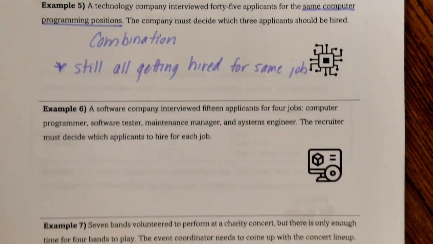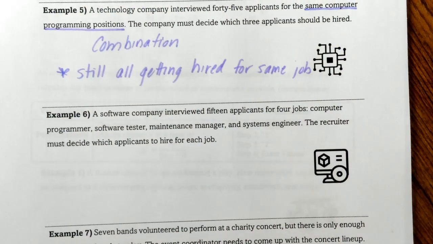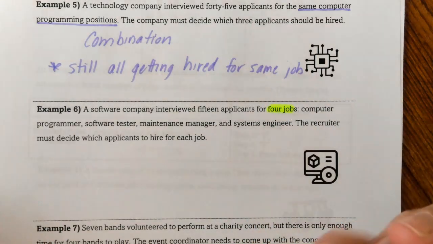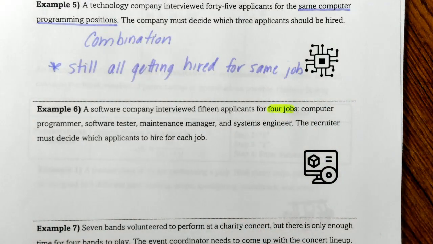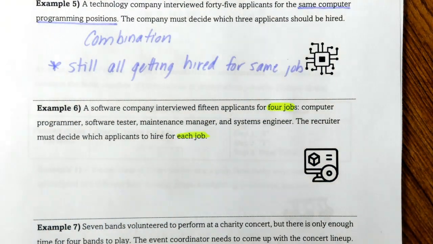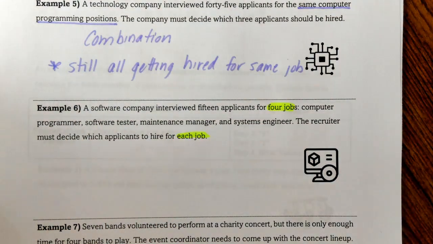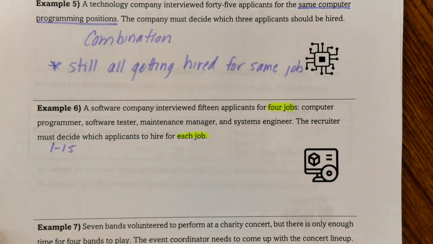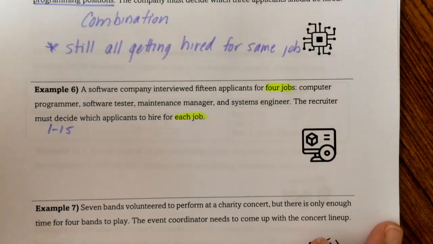All right, so number 6. Now we have a software company interviewing 15 applicants for 4 different jobs. Okay, so this is going to be a big thing. We have these 4 different jobs: a computer programmer, software tester, maintenance manager, and systems engineer. The recruiter must decide which applicants to hire for each job. They are not all getting the same job. So let's take a look at this. We have 15 different applicants, so we got applicants number 1 through 15. Let's talk about these 4 different